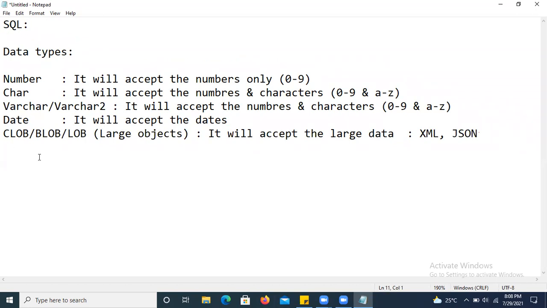We are having the most important topics in SQL, starting DDL, DML, TCL, DCL. Okay,